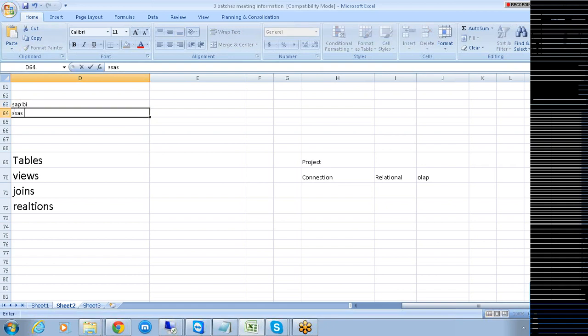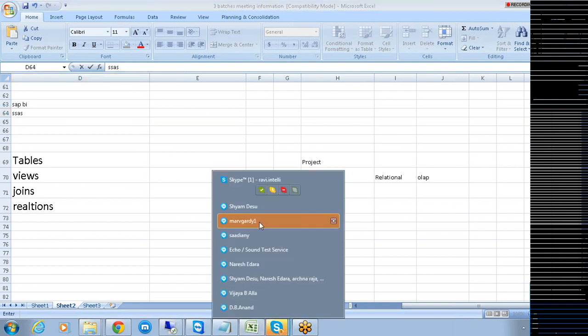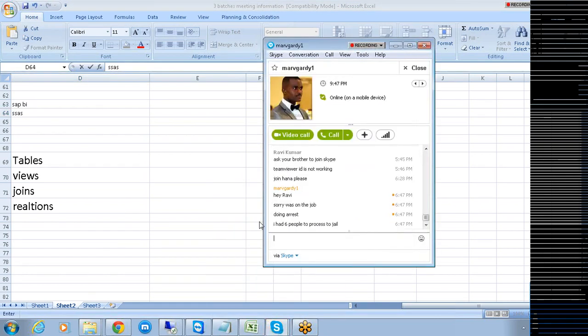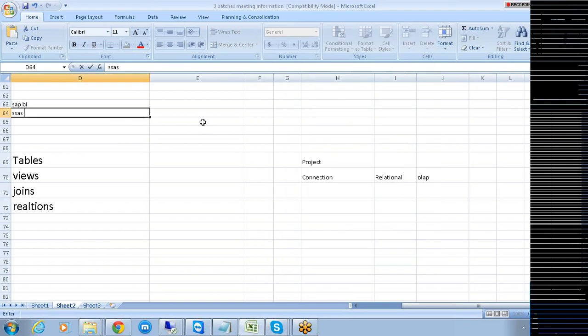Has anybody heard about SSAS? SQL Server Analytical Services, where your analytical cubes are present.